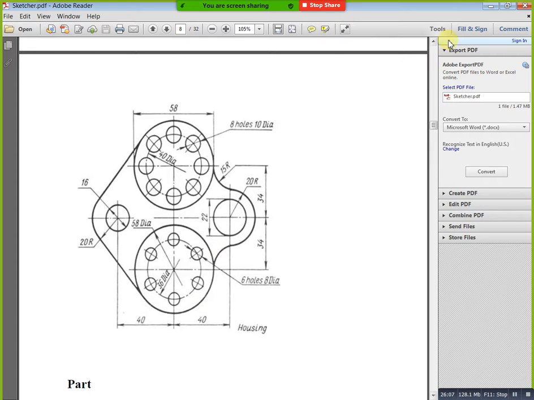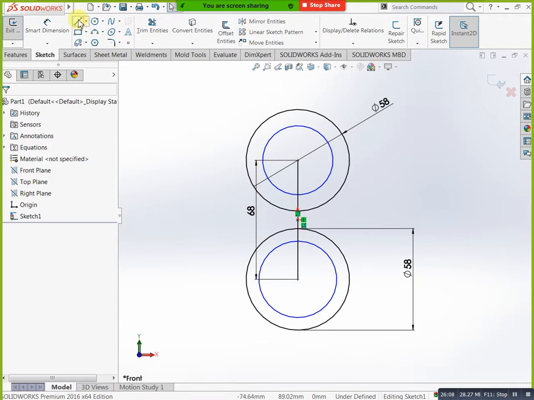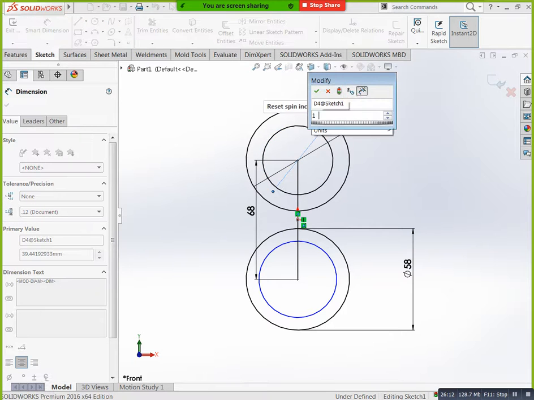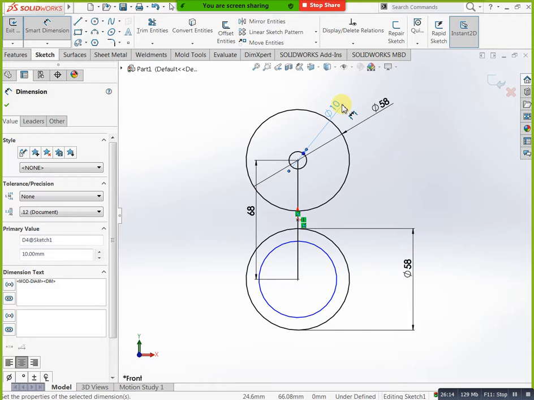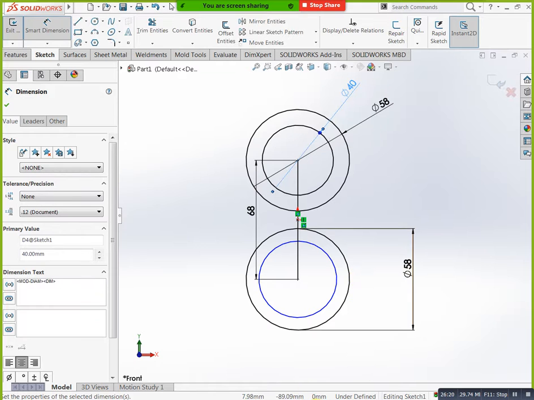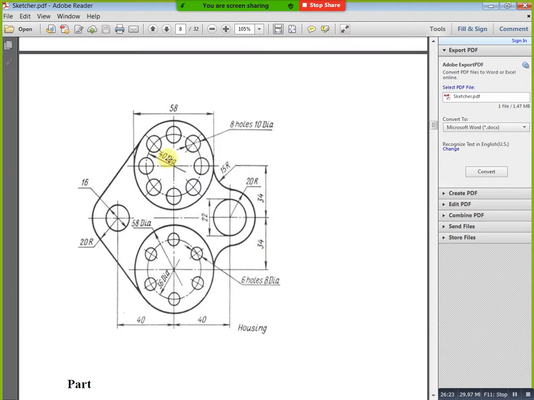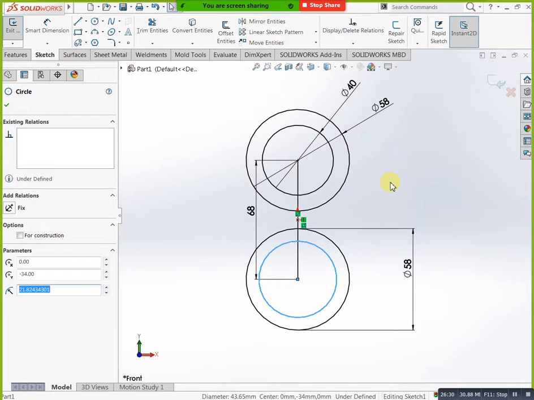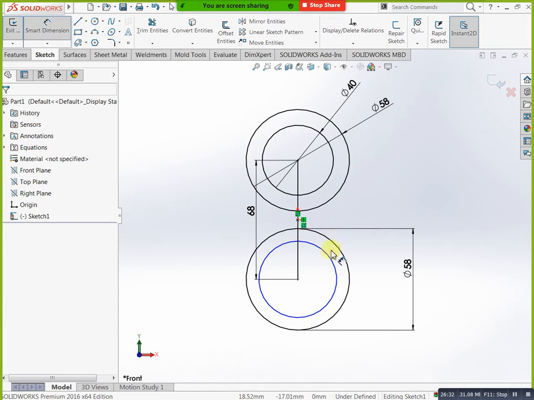Now you will take one more circle. Here we have 10 diameter, right? You can select this one, apply 10 here. Now select this one. Now we need a circular sketch pattern. Okay, now you can clear this one, delete. You can select based on your requirement. I need this one. Okay, how much do we need? 8 holes totally. Here you can mention 8, then you can do okay.